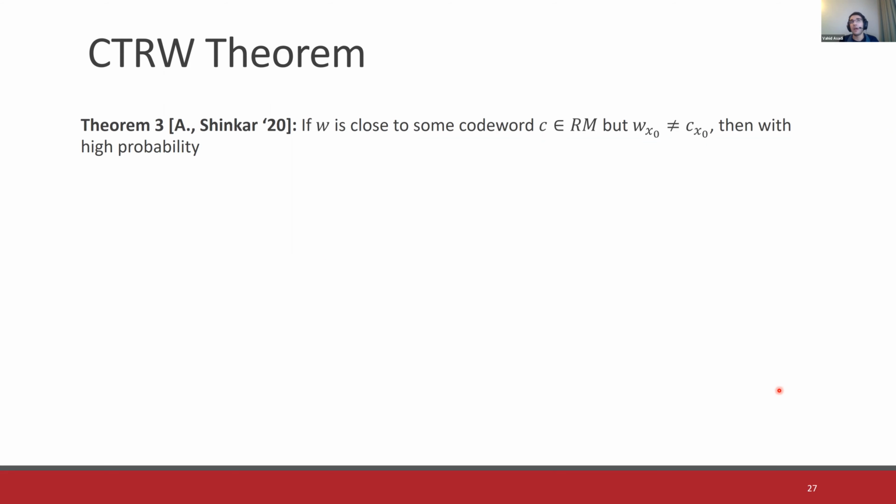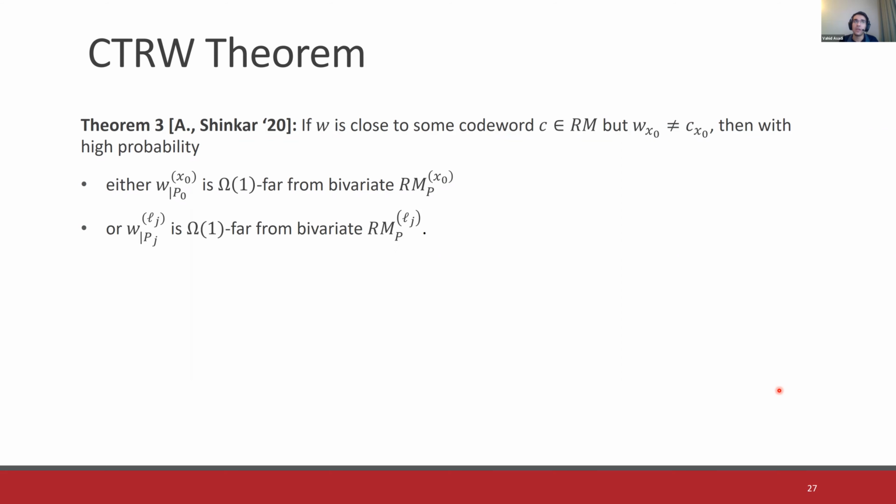So the main theorem is that, informally, if W, the given word, is close to some codeword in the Reed-Muller encoding, but the x0 that we are going to decode has been corrupted, then with high probability, either the first plane that we are sampling is far from bivariate Reed-Muller when we define this language by repeating this point n squared times, or one of the planes in the m steps that come after that is far from bivariate Reed-Muller when we define this language, this time for the lines. Okay,